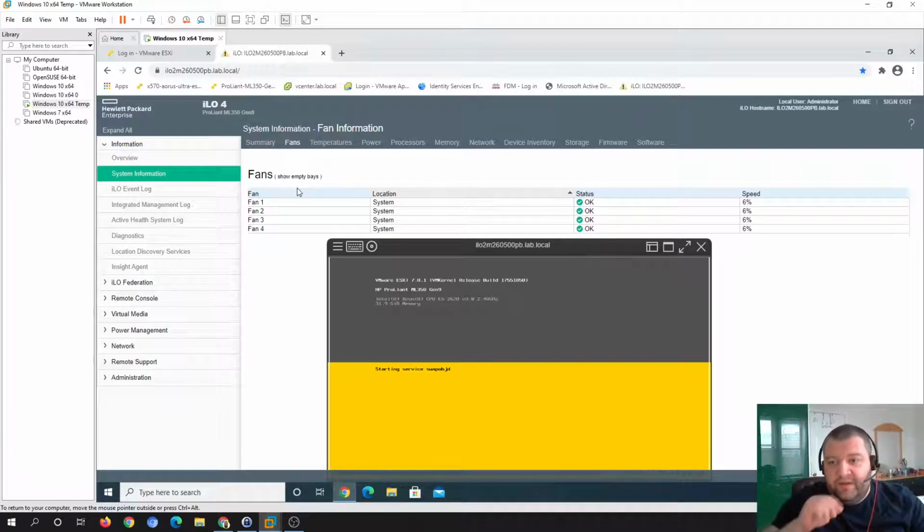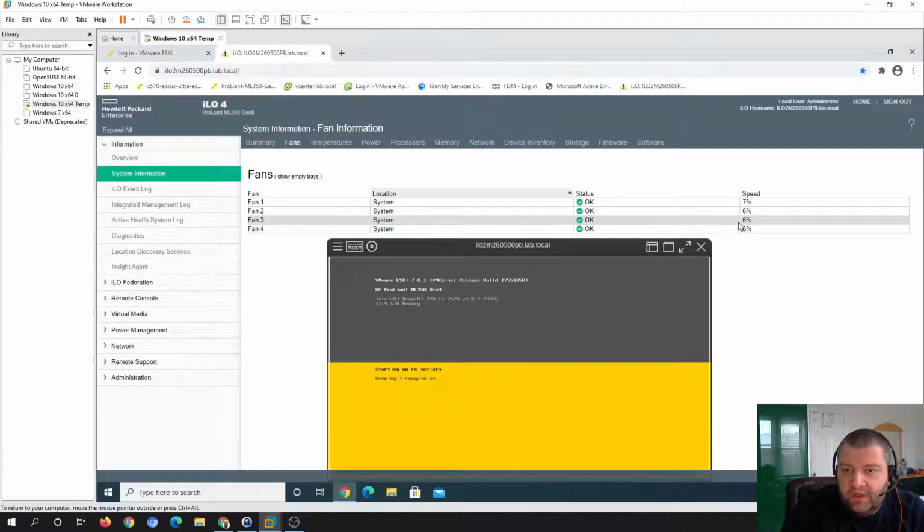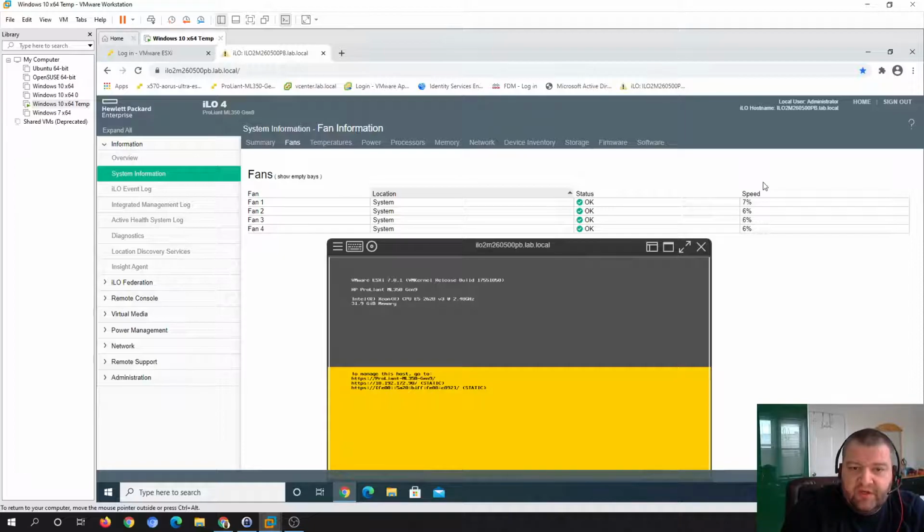All right, so as you probably noticed, it was not reporting the accurate speed of the fans during the POST. So right after it finished POST and started booting the operating system, it reported about 35% on a couple of the fans and 20 something percent, I believe, on the other fans. So that's how it sounds like at a roughly 35%